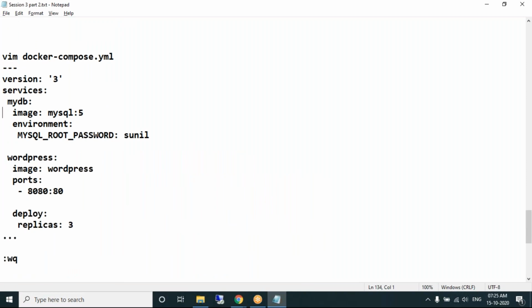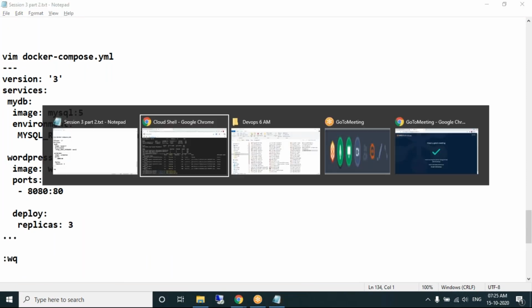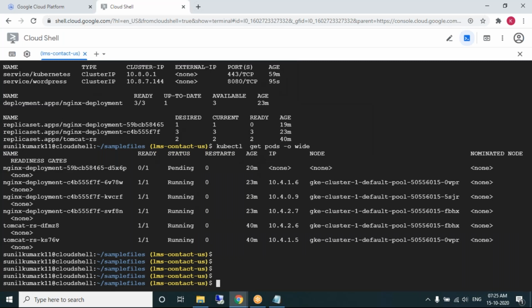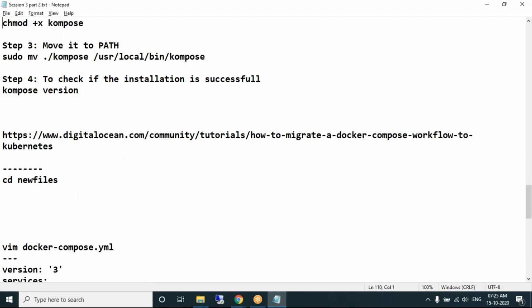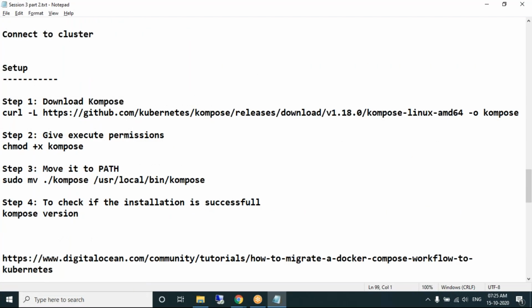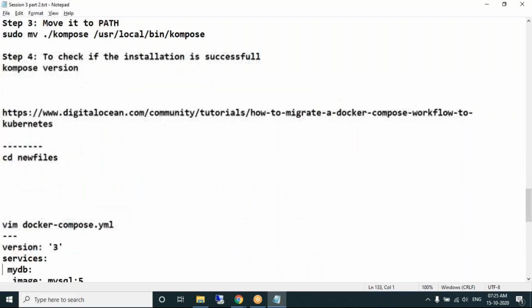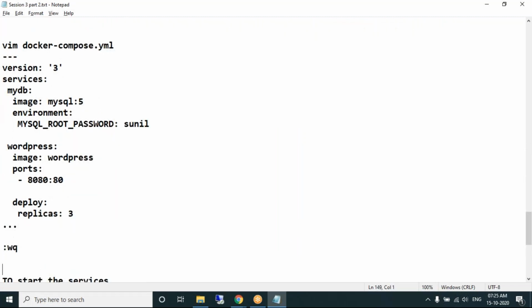Okay, I will check why this is not successfully creating a multi-container architecture. Compose is a feature where we can create a multi-container architecture in Kubernetes. We are unable to work out this example. Give me some time.